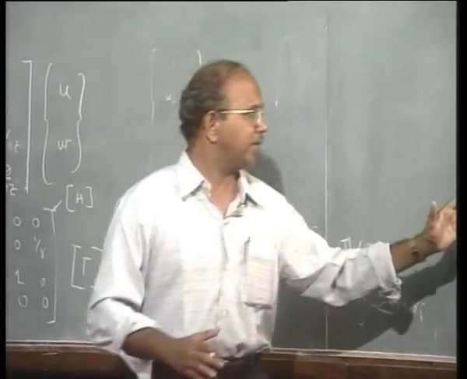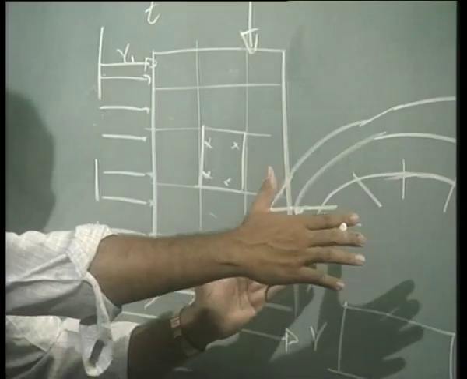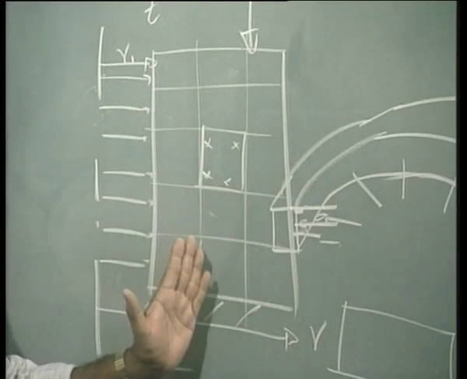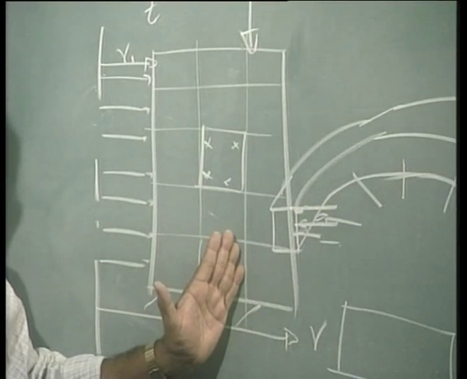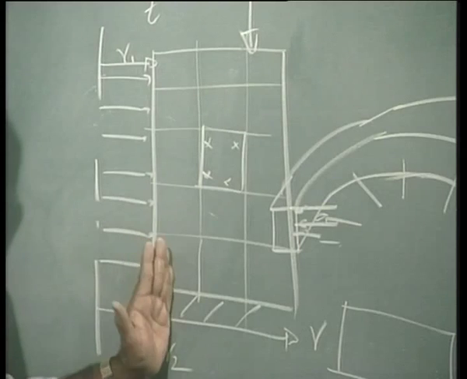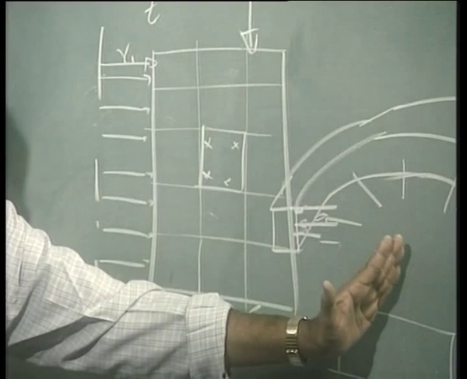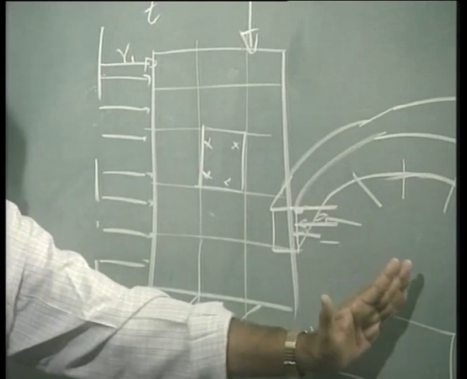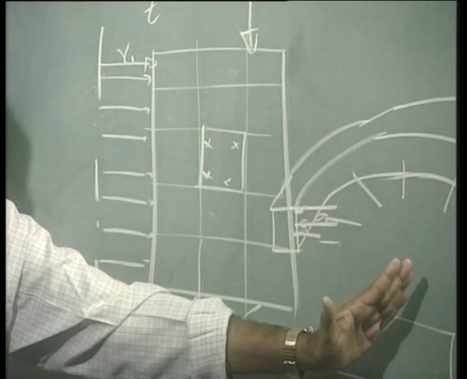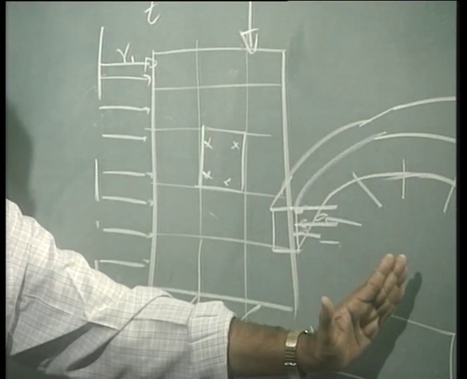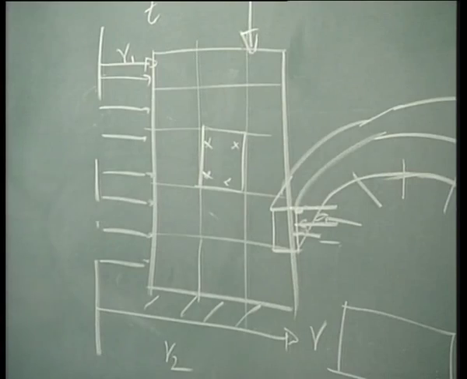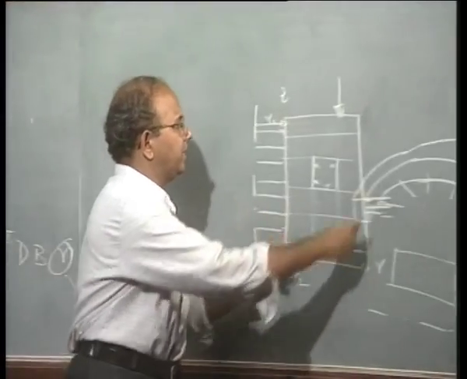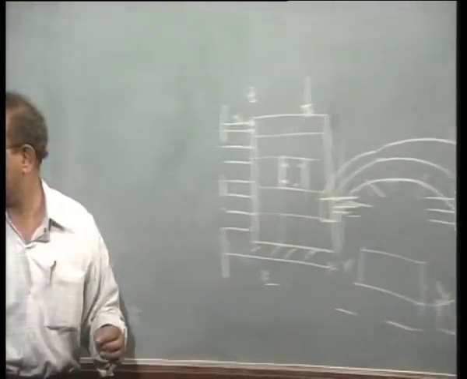Or in other words, when I say that this fellow moves like that, okay, if it had been just a plane strain problem or a plane stress problem, if I move from this position to another position in the x direction, then it is equivalent to a rigid body motion, clear. On the other hand, if I change this from here to say here,